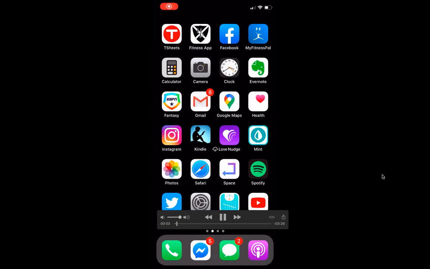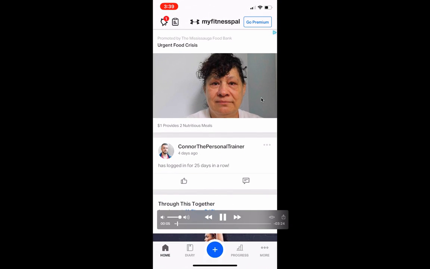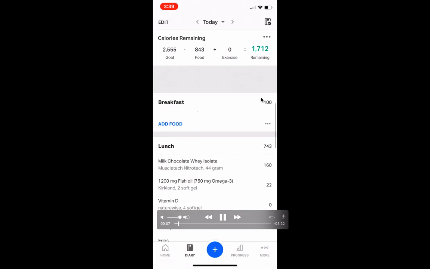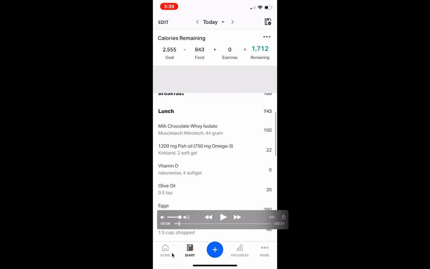So first thing you're going to do is open the app MyFitnessPal. Once you do, you'll end up at this dashboard here. First thing we're going to do is go to Diary right here. So that was the home page right there. Now I've gone to Diary. Diary shows what I've eaten for the day, and it's where you're going to spend most of your time tracking